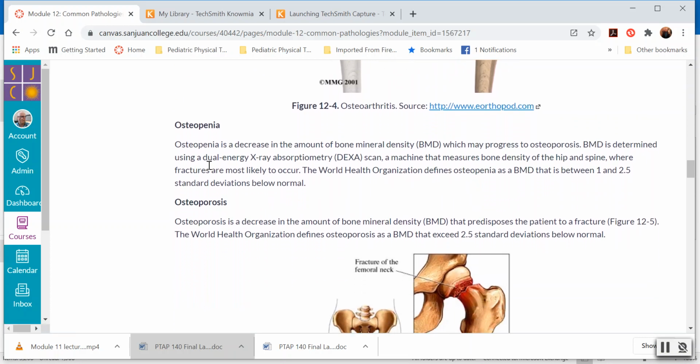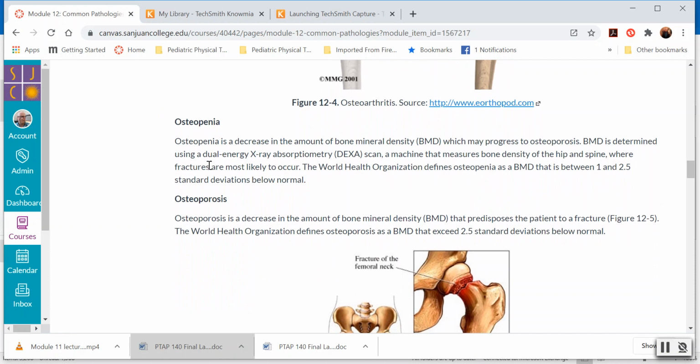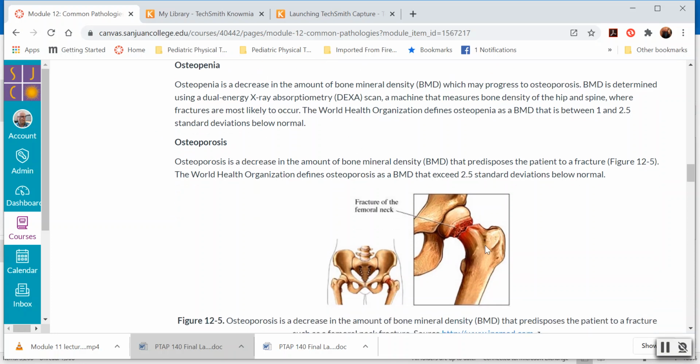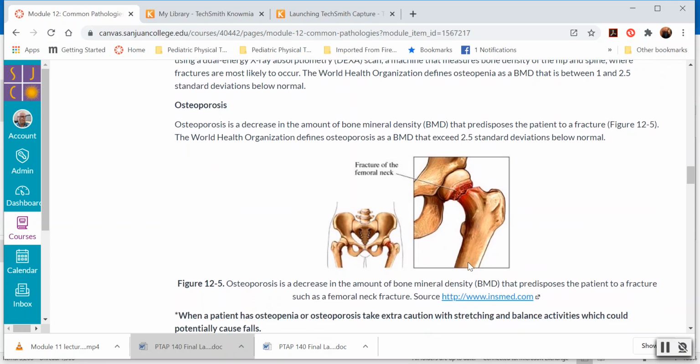Osteopenia, this is before osteoporosis. We go through stages as we start to not have enough calcium in our body, our bones become less dense. You just need to be aware of that because it's one of the big reasons people end up with hip